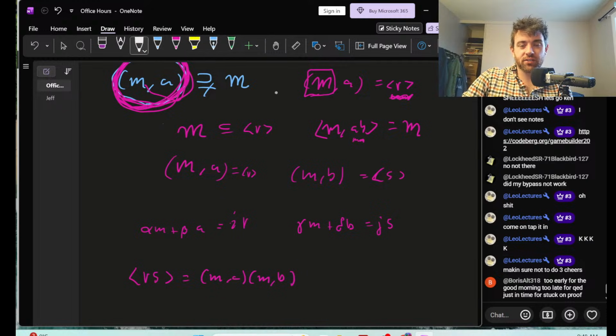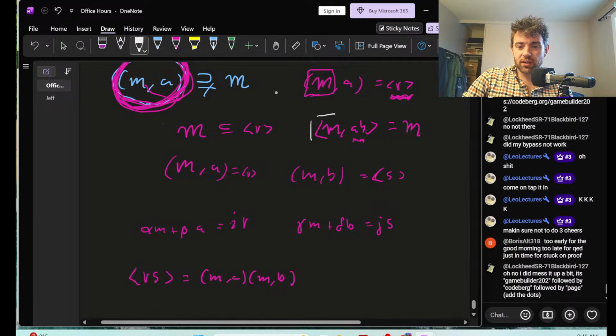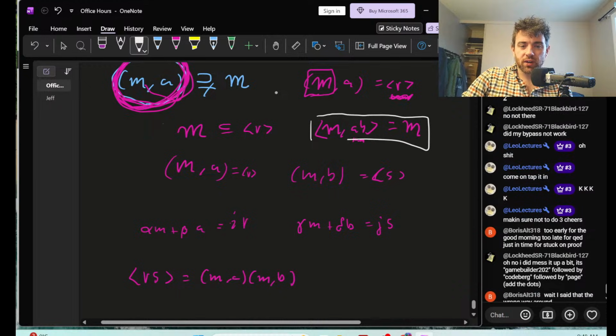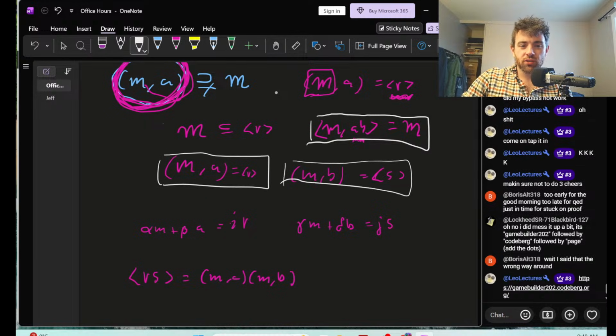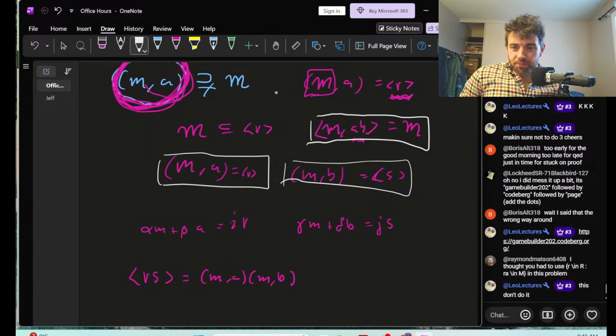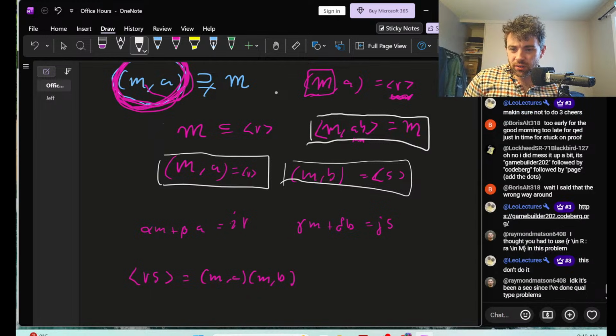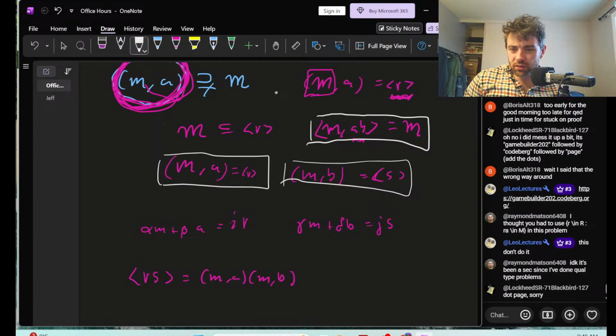Okay, what are the facts? What are the facts, gang? The facts are this. And the facts are this. And this. You thought you had to use R and R. In that problem? Maybe. This don't do it. I mean, we haven't used integral domain. We haven't used the integral domain assumption anywhere, have we? Oh, I guess we have because of the definition of